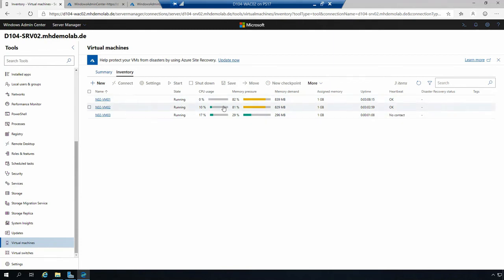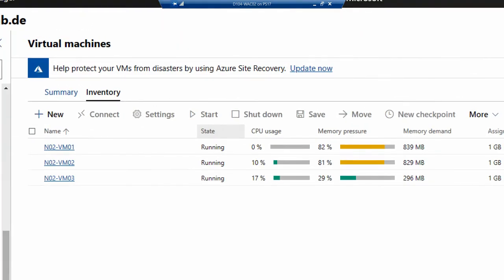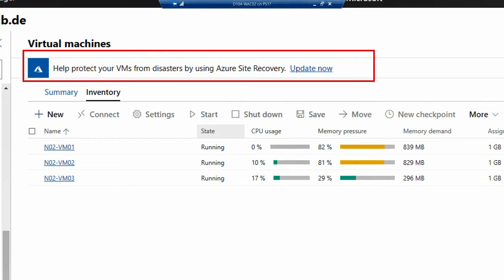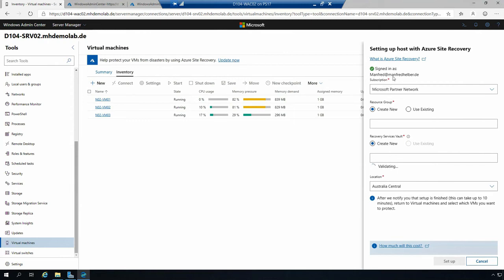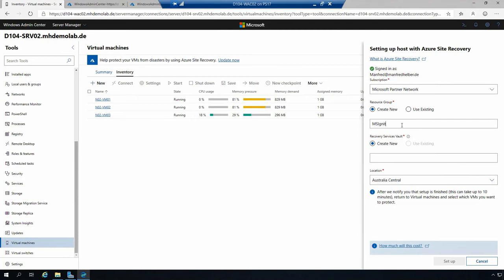But the great thing with the hybrid configuration things is that the Windows Admin Center tells us, yes, I can help you to protect these VMs from disasters by using Azure Site Recovery. So it's directly in the area where we configure our virtual machines. And again, I click on this link. I want to update it now, and I have again an easy step-by-step guide where I have a